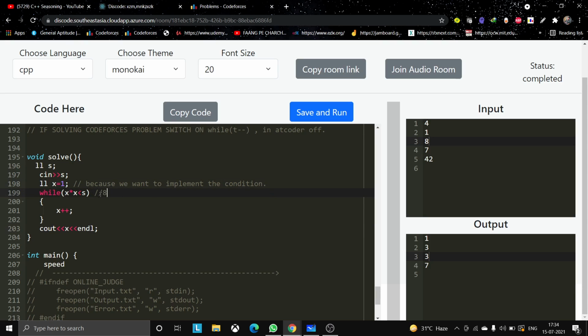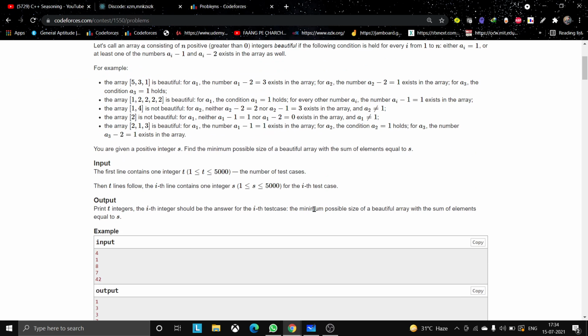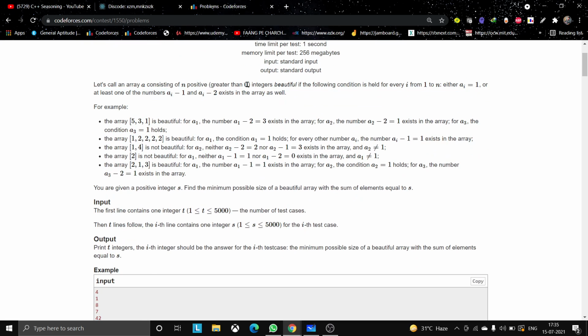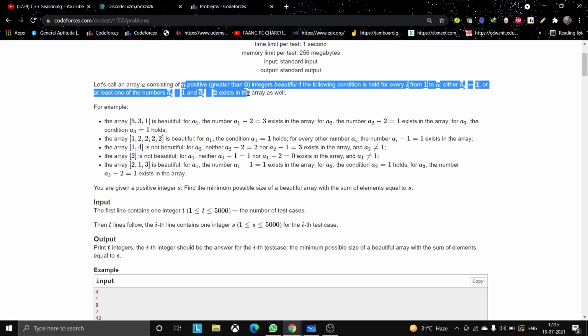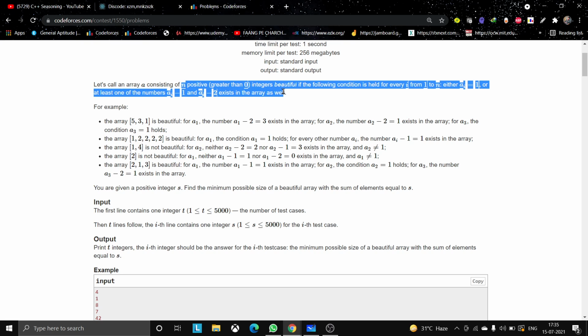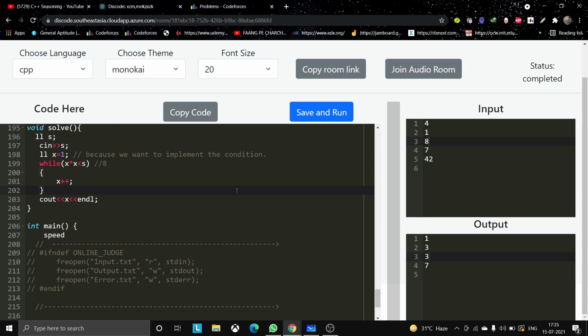And the basic intuition behind this question is that whenever we are told to find the minimum possible size of a sequence, always try to think about what could be the maximum sum of the sequence, and then try to generate a generalized version in the form of n, so that we could compare it with the given variable, or create our own variable and increment it and do some sort of stuff. So let's try to submit this code.